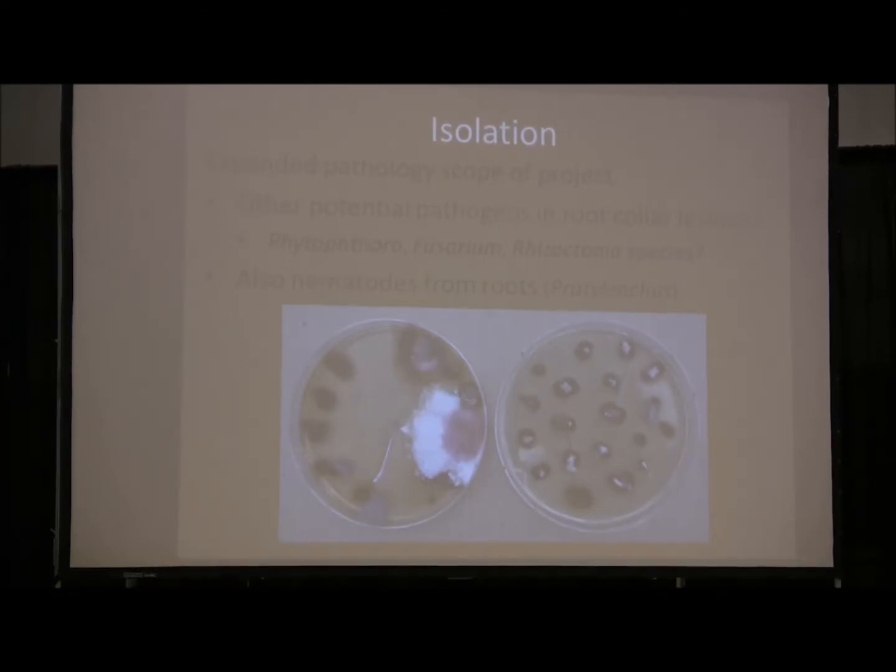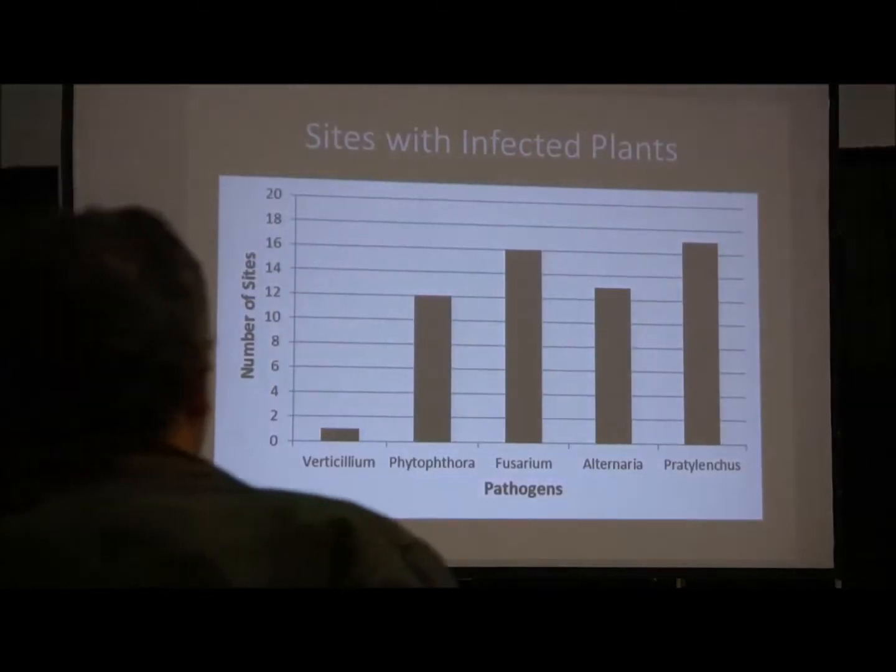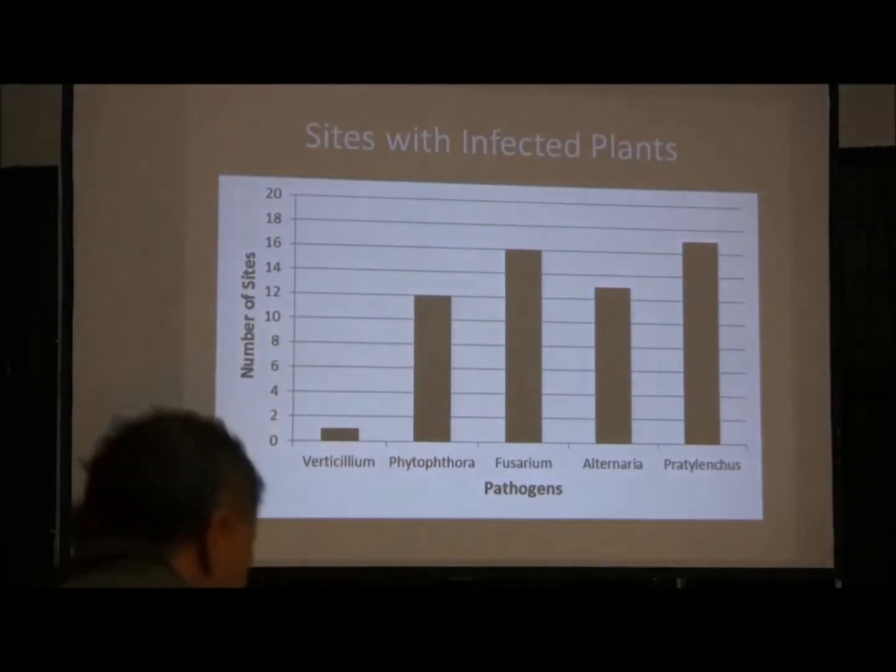And this is simply showing on these Petri plates, we can isolate Verticillium. That's Verticillium here coming out on plated raspberry stem. This is a bunch of Fusarium and Alternaria. So what did we get? Most commonly,